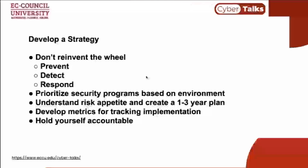I think both Tim and I recommend not reinventing the wheel. This is important: use tried and true strategies like prevent, detect, and respond, where you can categorize your security programs by where you are in that software development lifecycle. Prevention is all about education, developing those relationships, creating security champion programs, conducting threat modeling reviews before code is even